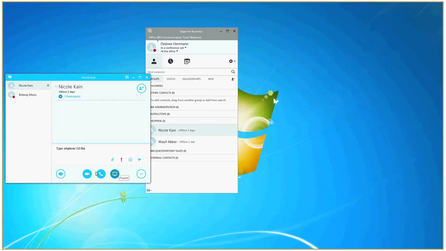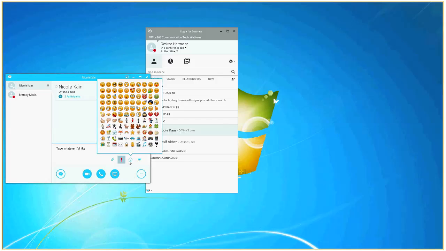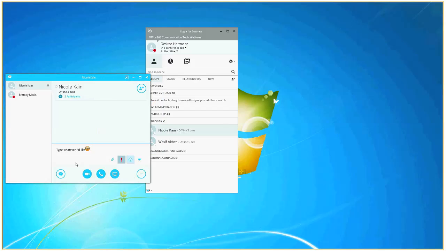If I click on the arrow here, it sends it. Also, if I just simply hit enter, notice there's an attachment button. There's an exclamation point, so I can mark something as extremely important. And then we also have the smileys, so you can put smileys in if you want to. And then, again, to send it, I either hit the send button or I hit enter, and that sends